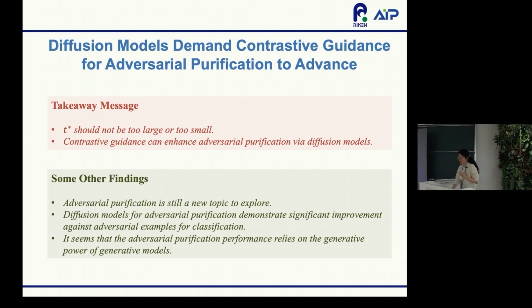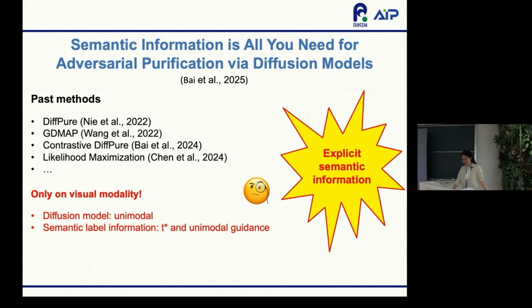So we still have 3 minutes, so let me quickly go through a very interesting finding we recently had. This is what we emphasized before: semantic information matters for adversarial purification. In the past methods, as we went through in the previous 27 minutes, they are all unimodal models. Even when we keep emphasizing that semantic information is very important, we still have no explicit semantic information given to this generative model to enhance its performance